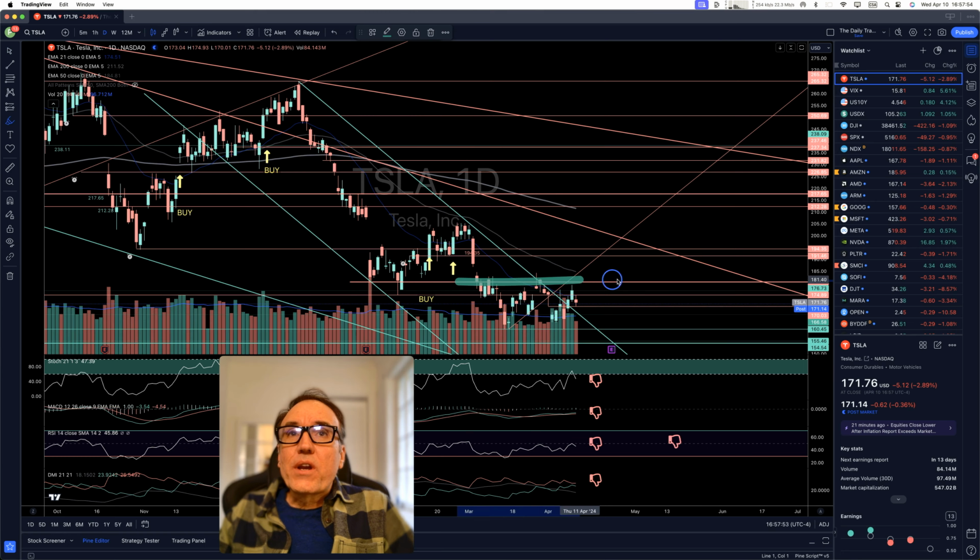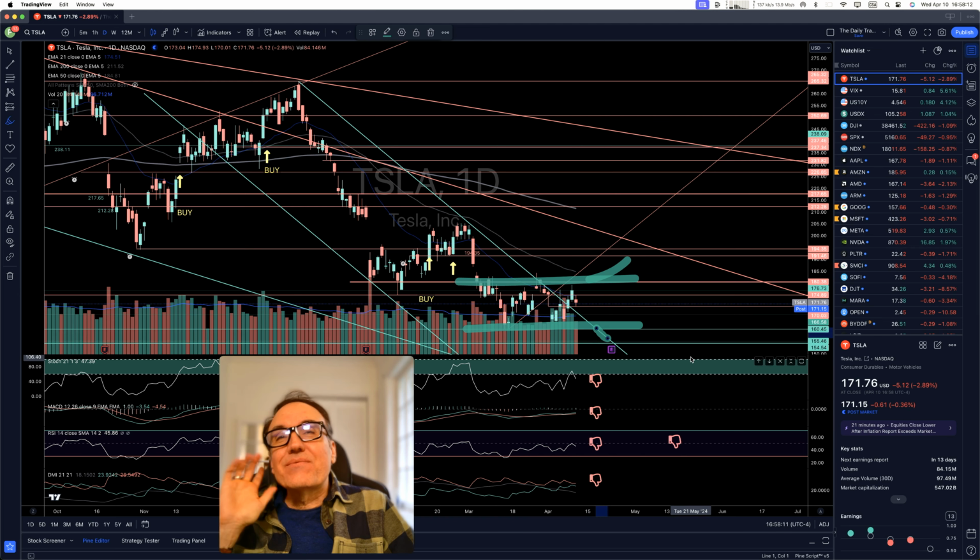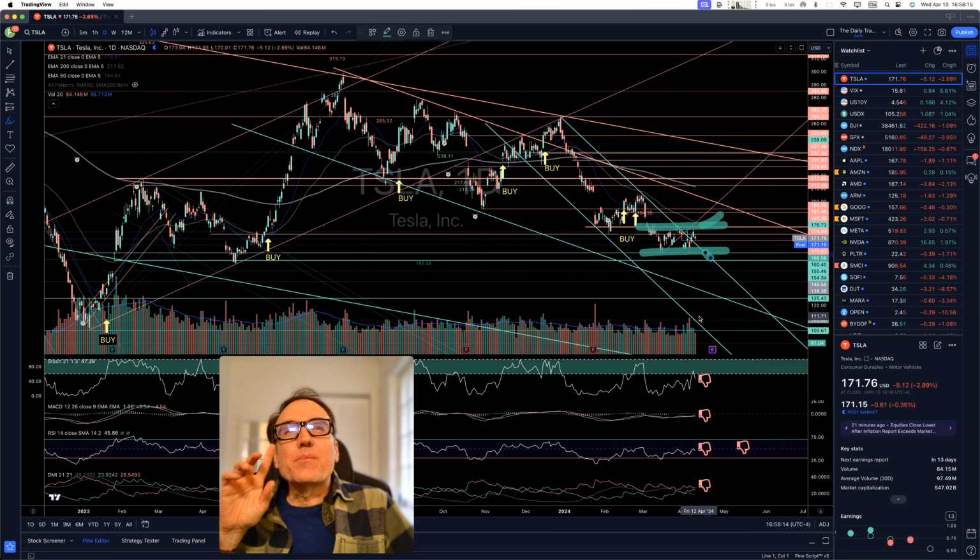We are into a congestion zone. We have been into this congestion zone since beginning of March, so it's been a month. So we are stuck between 160.45 and 180.38. If we break 180.38, this is a buy. If we go lower than 160.45, I want to say sell, but I would just wait a little bit later